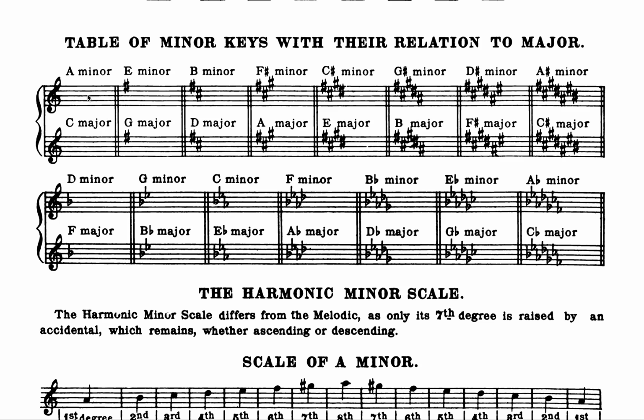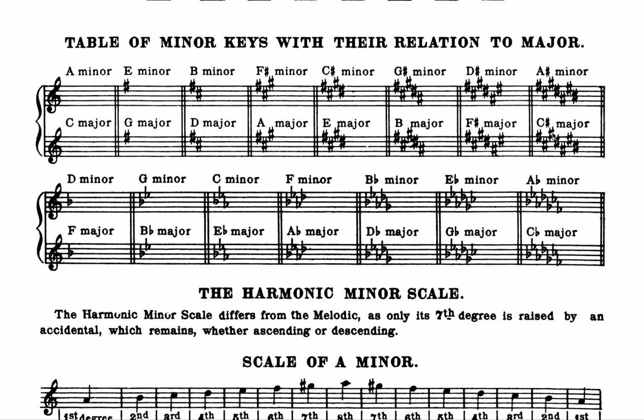Let's take a look at some of the minor key signatures. So here's A minor, which is the same as C major in terms of key signature. G major, 1 sharp, E minor. And you notice if you count up from each of these, you'll get 6. For instance, from C, C is 1, D is 2, E is 3, F is 4, G is 5, A is 6. C to A is a 6th, therefore A minor is our relative minor,